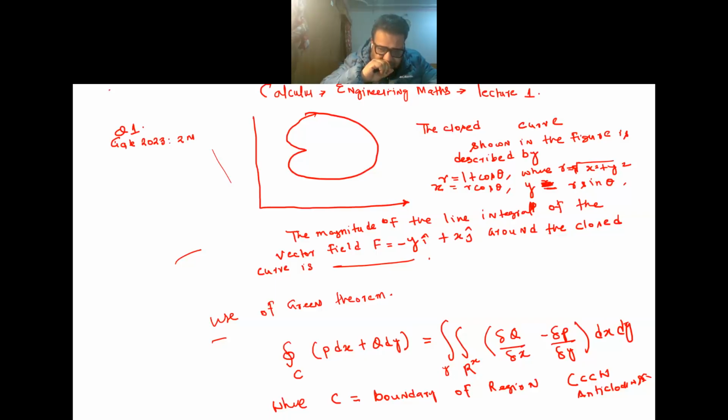P dx plus Q dy is equal to the double integral of (∂Q/∂x minus ∂P/∂y) dx dy. So when you saw this question, you should remember that these types of questions commonly appear in the GATE examination, and here the primary concept is